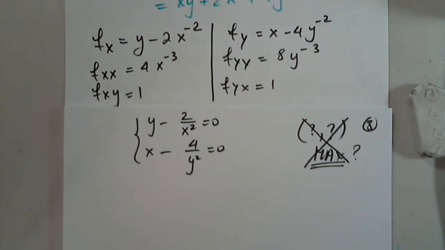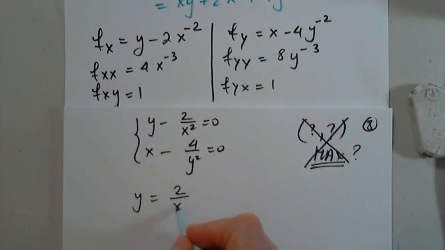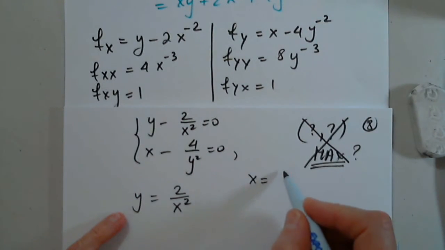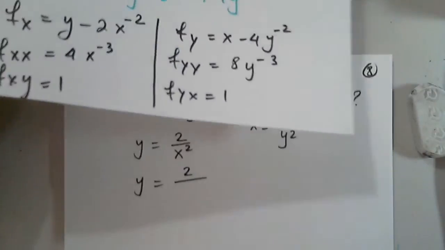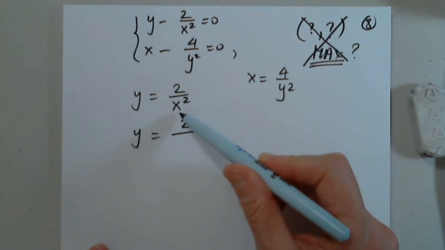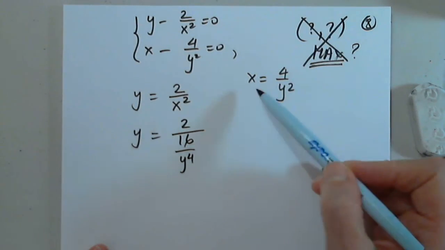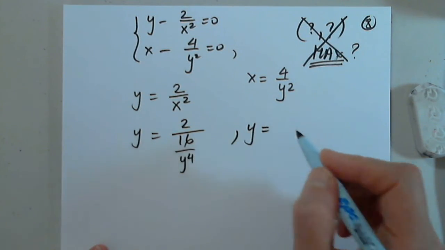Okay. So what am I doing? I'm trying to solve these equations. So I have y equals 2 over x squared. And from here, I have x equals 4 over y squared. I'm just going to replace it in here. So I have y equals 2 over. So the difficult part is probably determining the intersection. Okay, so I have to square it. So I have 16 over y to the 4th. Right, so x squared is 16 over y to the 4th. I have to flip. So then y equals